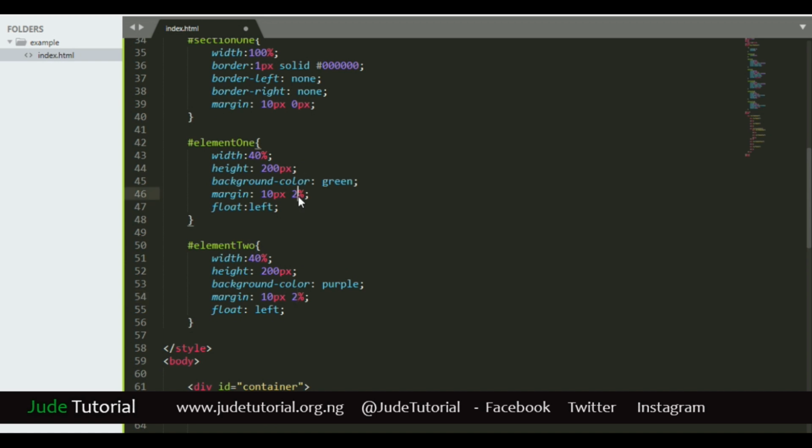So based on what you want, you can always adjust that. Let me give an instance of what